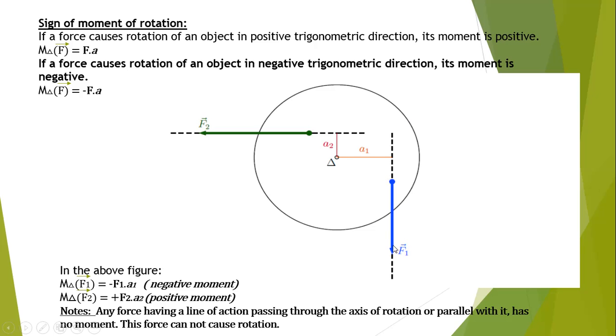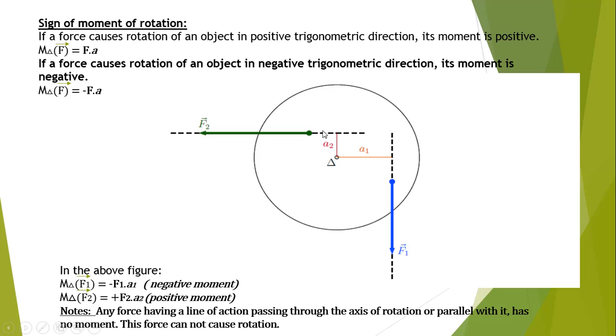So after applying F1 on the disk, we show that the disk rotates in clockwise direction, so in negative direction. So the moment of F1 should be negative and equal minus F1 times A1. Now if we consider F2 only acting on the disk and we neglect the presence of F1,